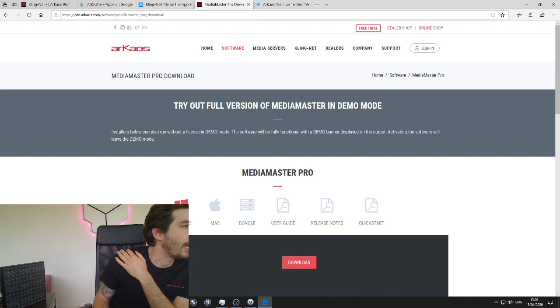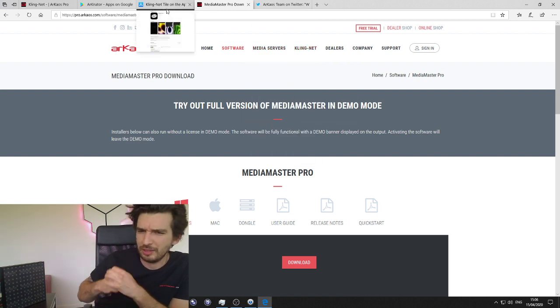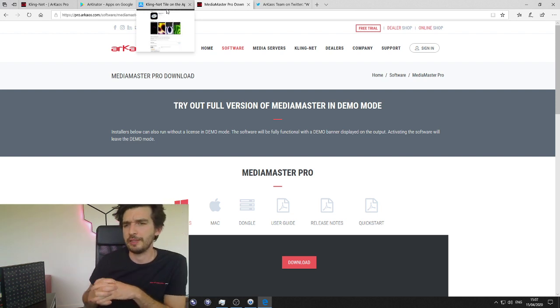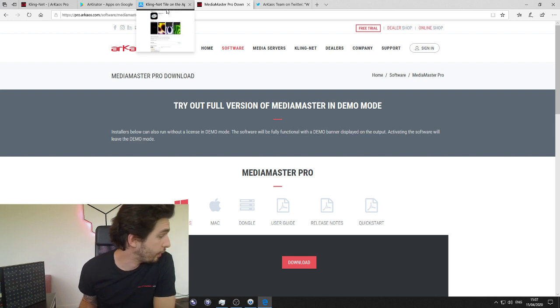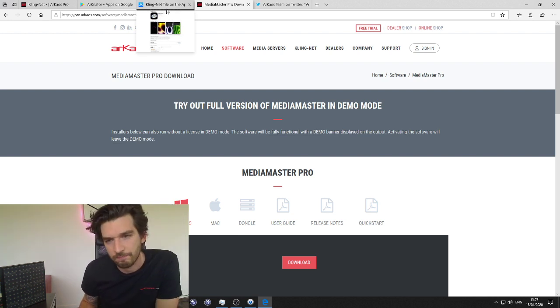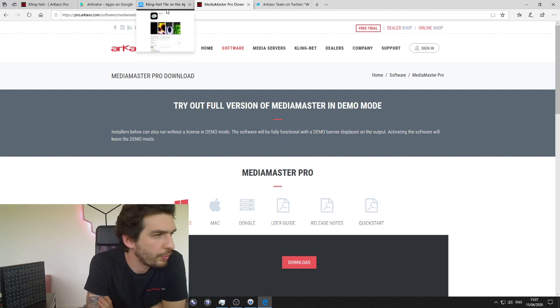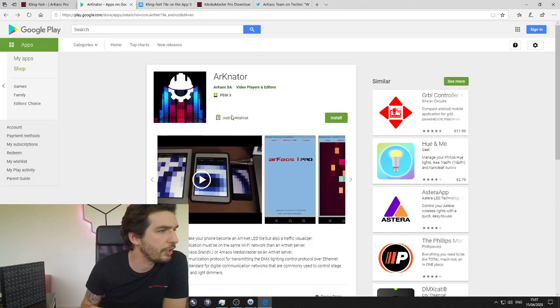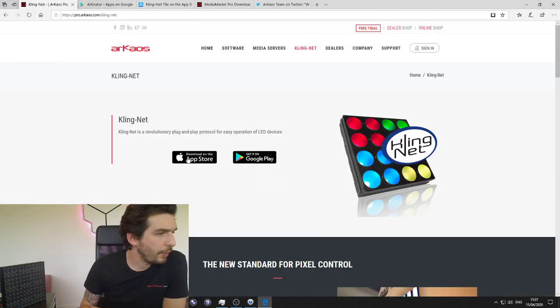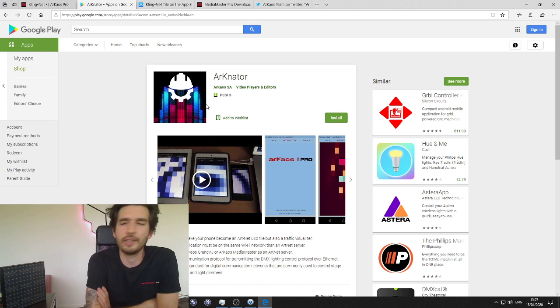Something very important: if you'd like to do some ArtNet or pixel mapping setup tests at your place, but you don't own a lighting fixture or a ClingNet device, and you just have your home studio, we have two apps available online on both Android and iOS. The first app is called Artnator.